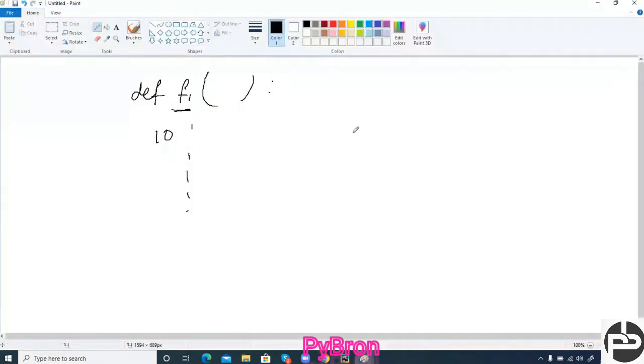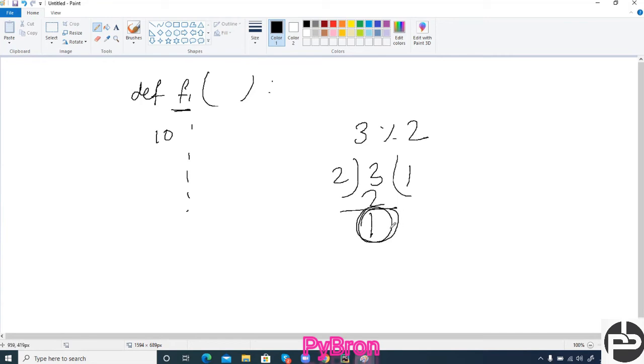See, if I am writing here 3 modulus of 2. If I am going to divide this 3 by 2, 2 1s are 2 and 1. So whatever remainder will come, it will return this. So what is the output for this? 1. Similarly, if you are writing here 17 modulus of 5, you have to divide the 17 with the 5. 5 3s are 15, and what output are we getting? 2.